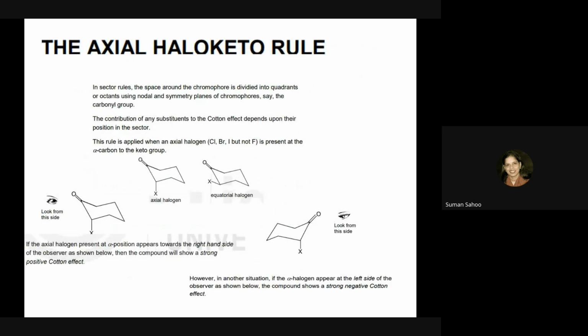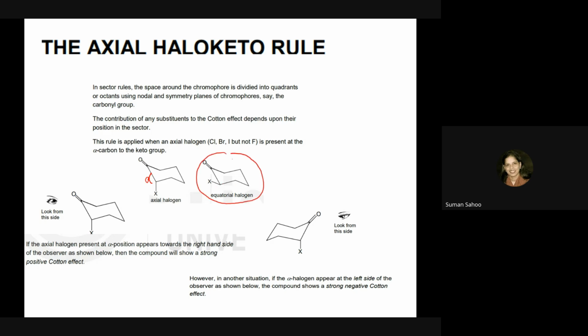Okay, so the axial halogen rule. There are some sector rules which give the idea of the configuration of a molecule by seeing its Cotton effect. One rule is for your axial halogens in the case of cyclohexanones, substituted cyclohexanones, where the alpha carbon is substituted with a halogen group. This sector rule is applicable for axial halogens, and mostly not in the case of equatorial